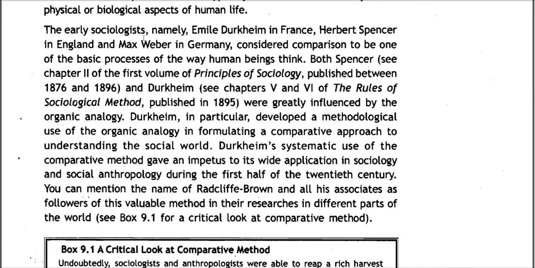The early sociologists, namely Emile Durkheim in France, Herbert Spencer in England, and Max Weber in Germany, considered comparison to be one of the basic processes of the way human beings think. Both Spencer, see Chapter 2 of the first volume of Principles of Sociology, published between 1876 and 1896, and Durkheim, see Chapters 5 and 6 of the Rules of Sociological Method, published in 1895, were greatly influenced by